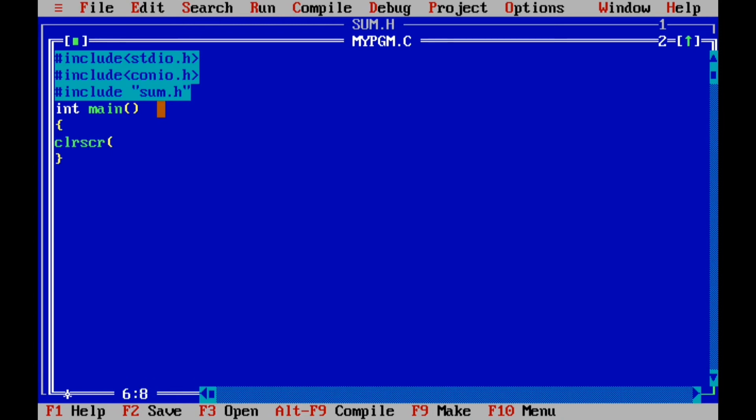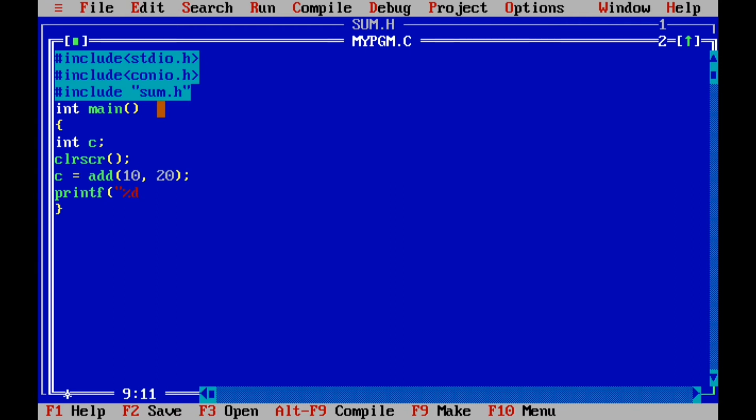Now we will clear the screen and declare the variables which we require. int c. Now after int c, we will add two numbers, that is 10 and 20, and store the value of add(10, 20) into c.